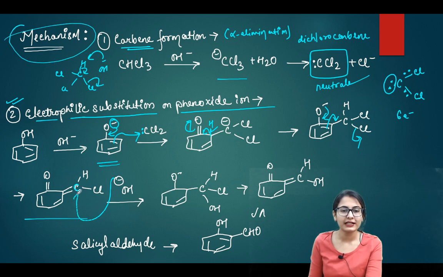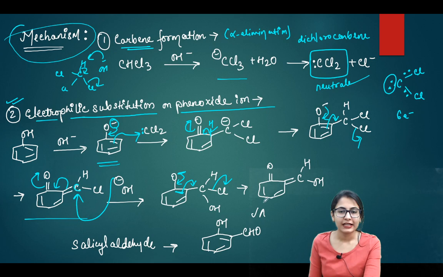Now the Cl minus is being pushed away, you have an electron deficient carbon. The carbon could be attacked by the oxygen, or by the hydroxide I would say. Hydroxide is going to again move the bond like this, O minus. So the O minus comes up over here, forms the phenoxide ion once again. There is going to be a double bond over here, right? After that, once again, there is a possibility of the O minus attacking, and the Cl minus leaving.